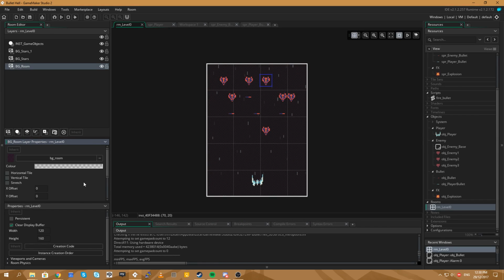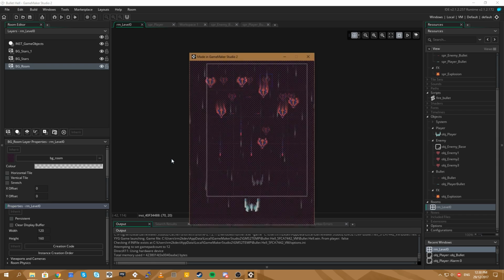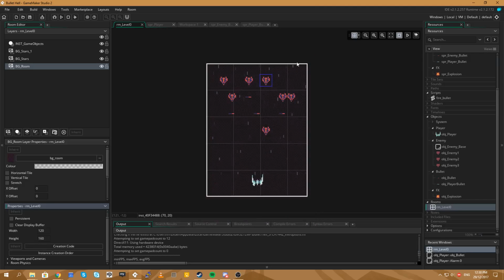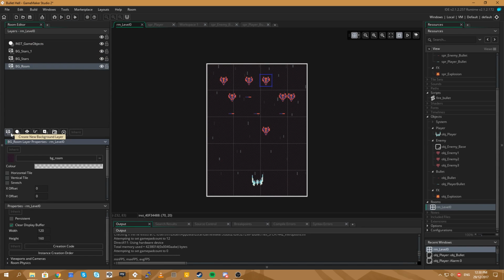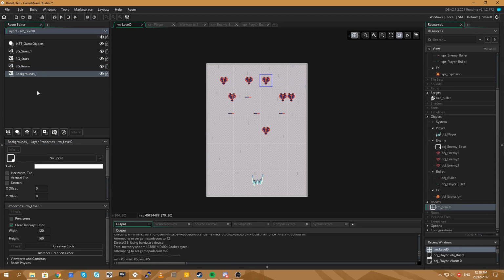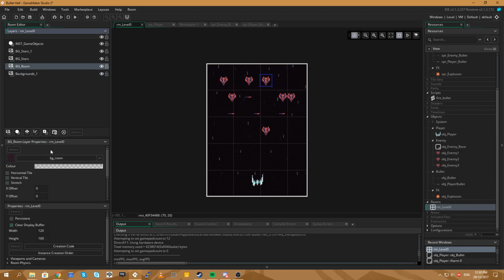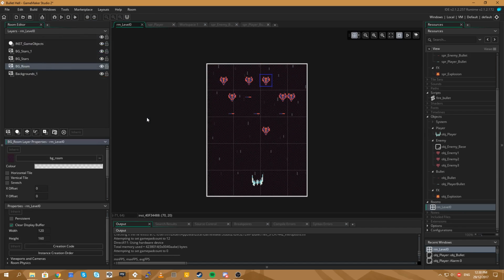Where is the clear flags? If we don't clear the depth buffer, it will... because it's... yeah. That's how we get, like... We don't clear the depth buffer, so I don't think it will work like that. Unless we put a new background layer behind it whose color is black with 100% opacity, and then on this one we adjust the alpha values so that our room is a little bit better. There we go.